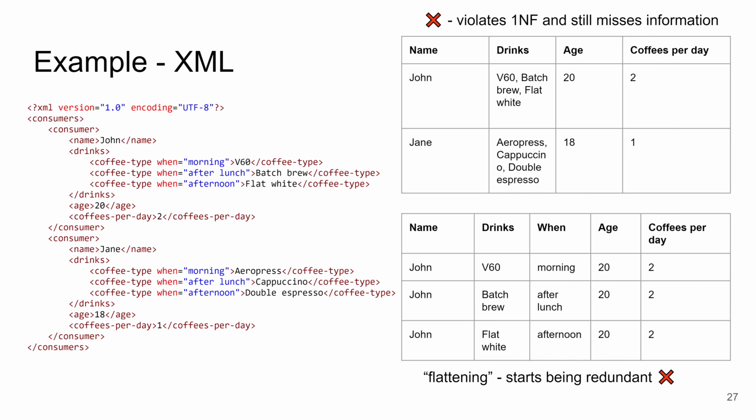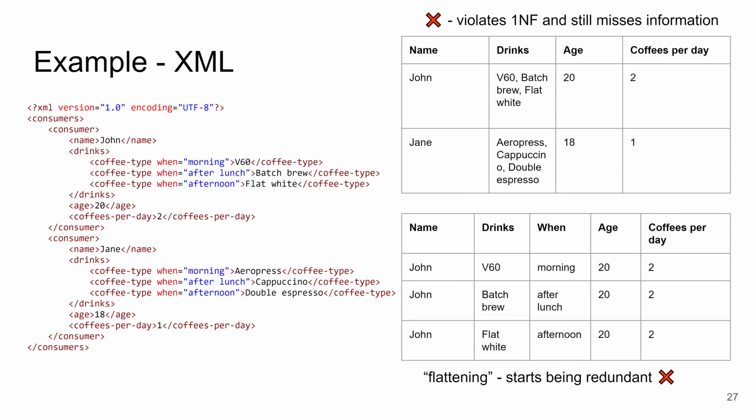So let's take the data one step further. Now we'll want to say that the consumers actually drink different kinds of coffee at different times of day. And here the usage of XML actually starts making sense. Why is that? Well, let's take a look first at the XML file. Here we have John, who drinks a V60 coffee in the morning, a batch brew after lunch, and a flat white in the afternoon. If we were to represent this as a table,